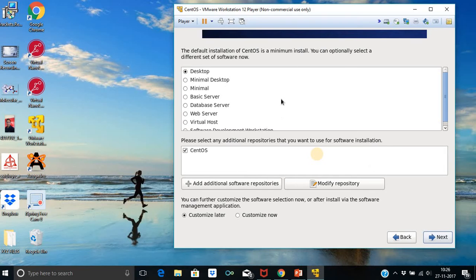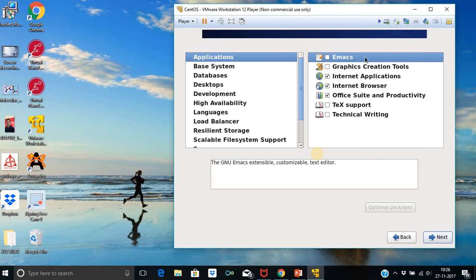Now one important place is this, where we have to customize the installation. If you choose customize later, then a minimal desktop or simple desktop with minimum packages will be installed. But we want to install all required packages for simulation and molecular modeling, so I will customize this. Select all options here.